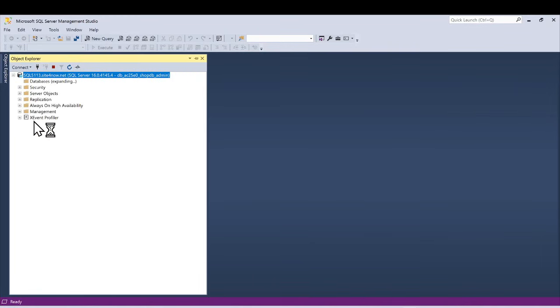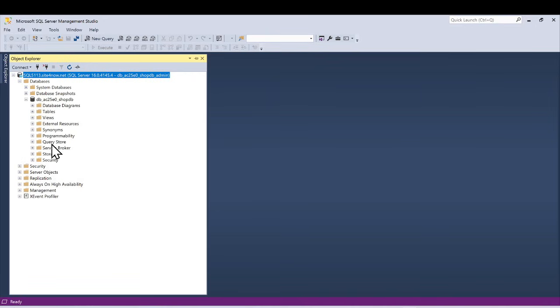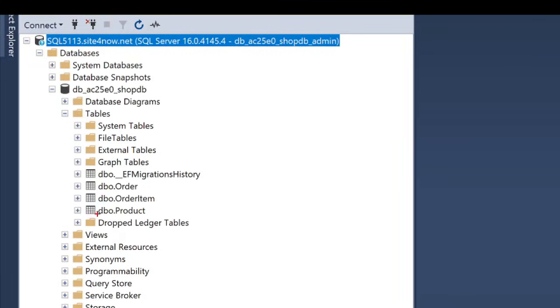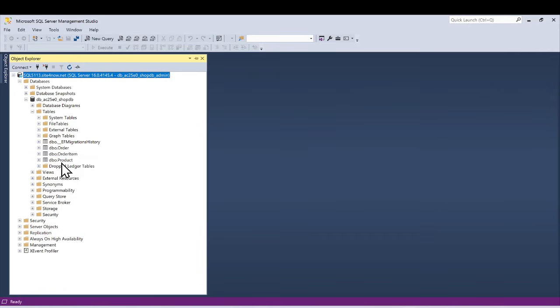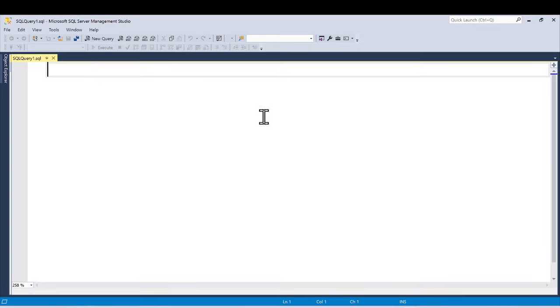Okay, now if you expand that, I'm able to see the database and the tables. If you expand the tables, yes, these are the tables which were just created in my application. So order, item, product, and also the migration part, right? So let me check that product, whatever product we have. So let me create a new query over here,